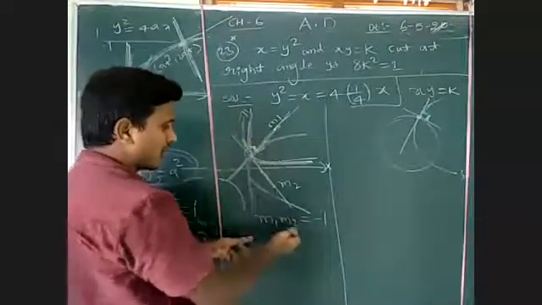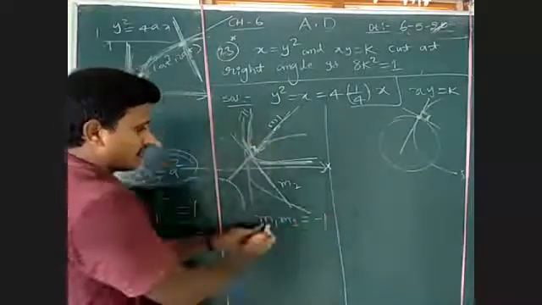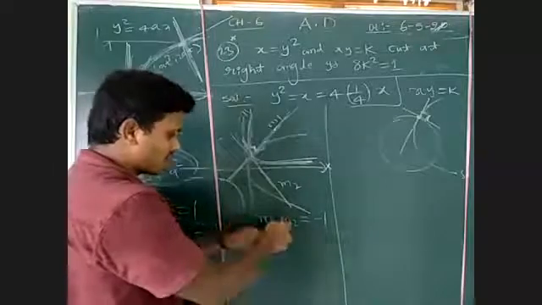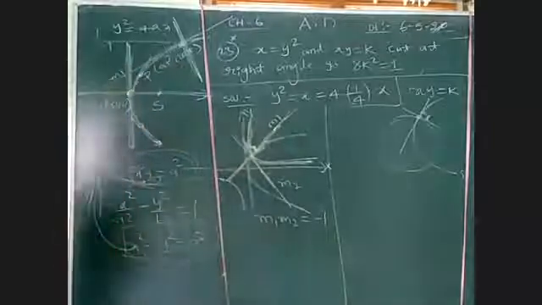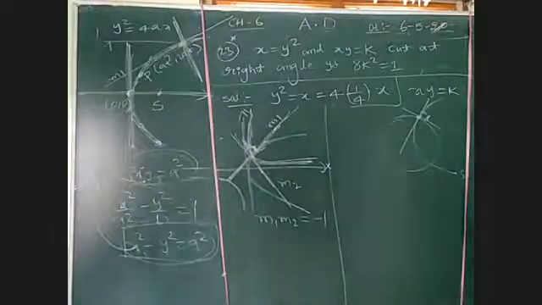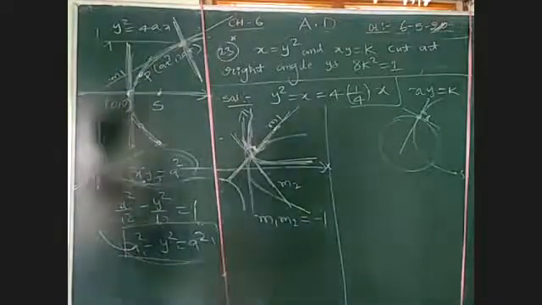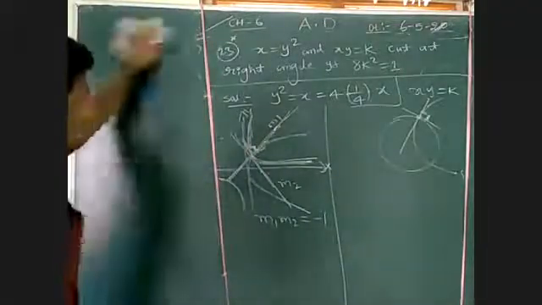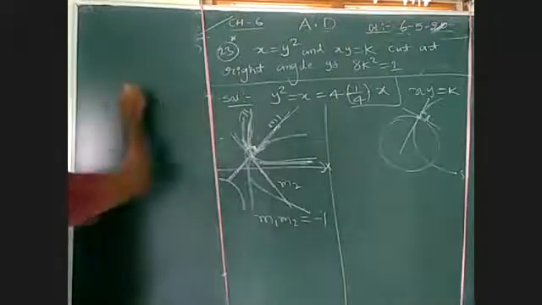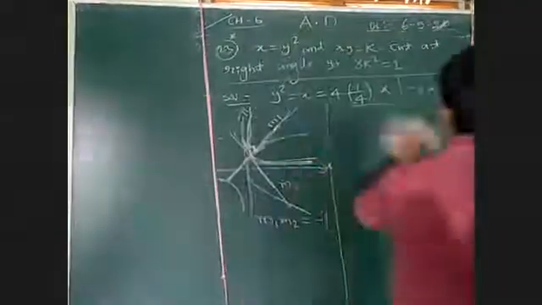Find m1, find m2, substitute here, equate to -1, and directly we will get 8k square is equal to 1. That's it. Let's see here, find both slopes. Okay, what is the equation? The equations are